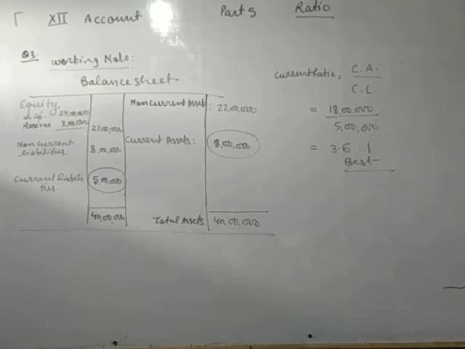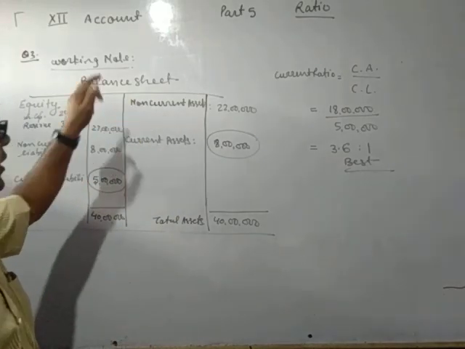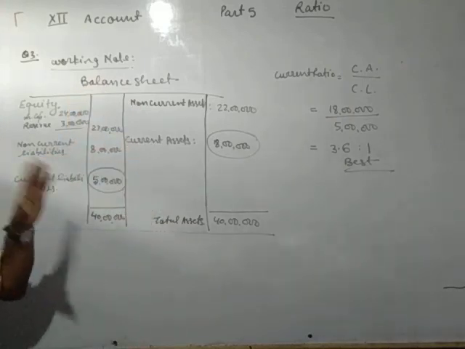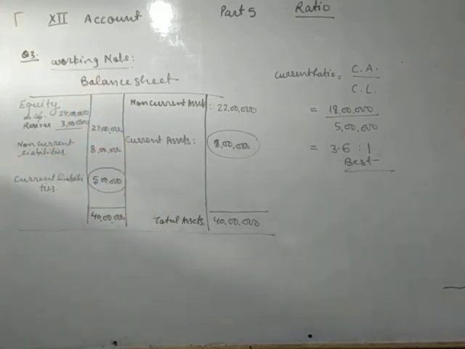So you see, if you have the habit to draw the balance sheet in the working note, this will be very helpful, and you do not have to learn different formulas. Only one balance sheet format you have to learn: in the liabilities side there will be 3 headings: first equity, second non-current liabilities, third current liabilities. Assets side only 2 headings: non-current assets and current assets. Only this you will learn, and from this you can make the working of all types of questions.